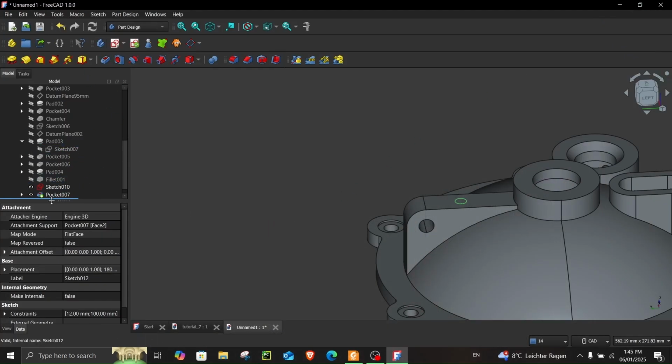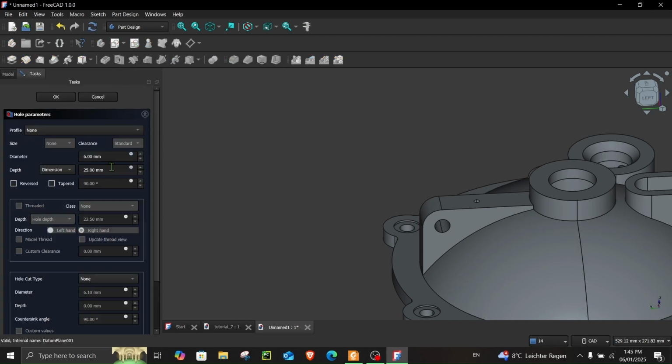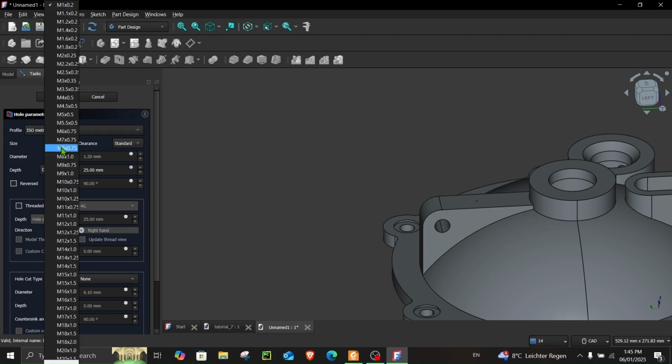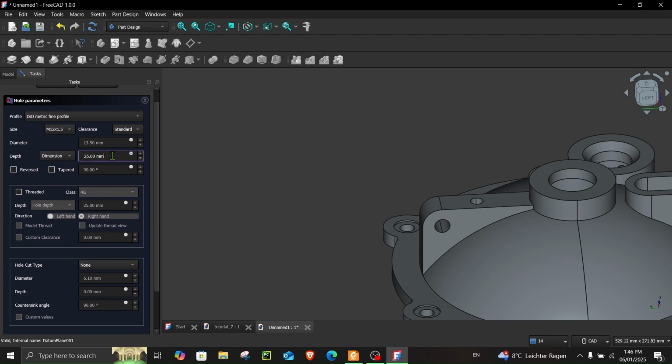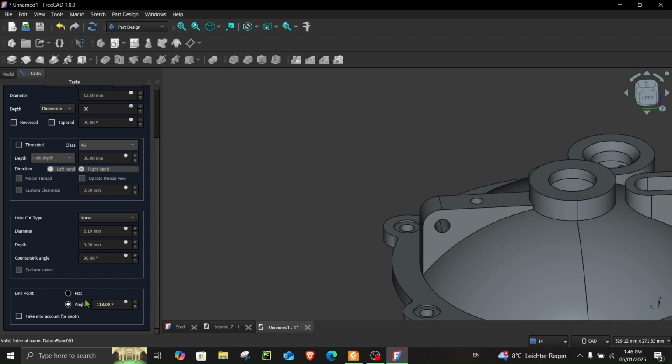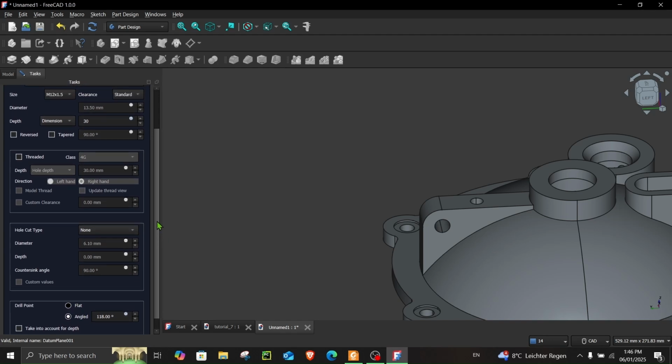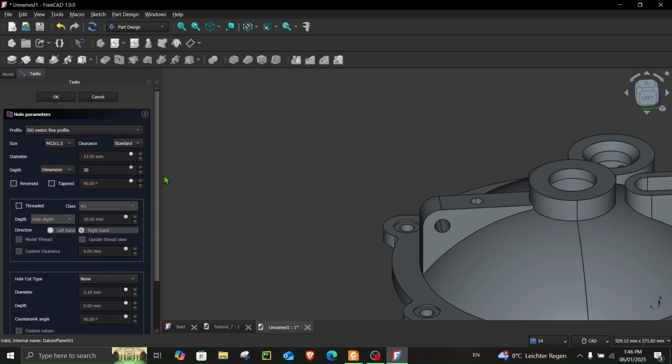For that, make sure this sketch is selected. Go to hole and change this to, actually, you know what, we can change the profile to isometric fine profile, and here we can choose M12 1.75, but it's not given over here. So instead let's choose this one, and the depth is 30, and yeah, the drill point, it's angled instead of a flat one. So yeah, this is good. And okay,